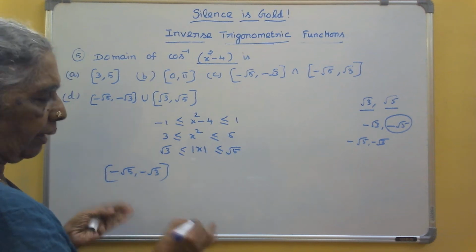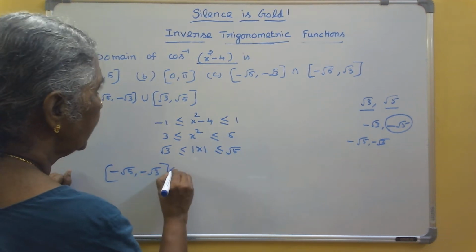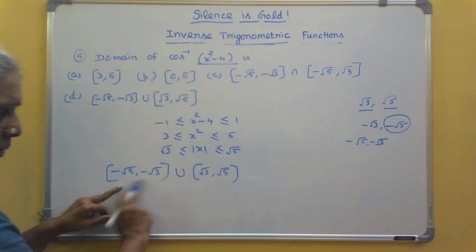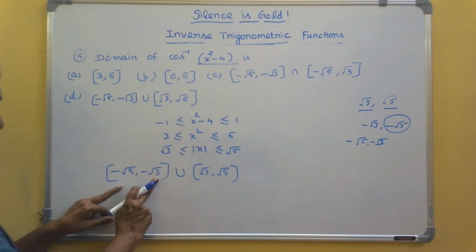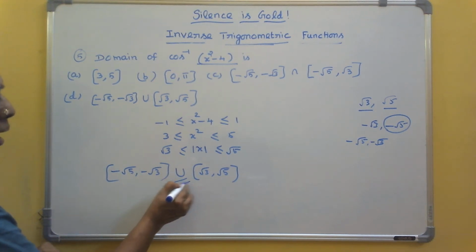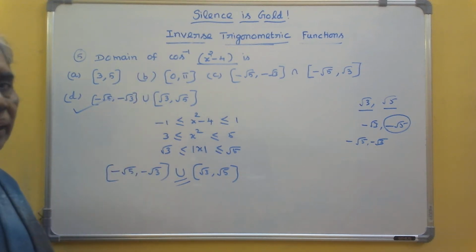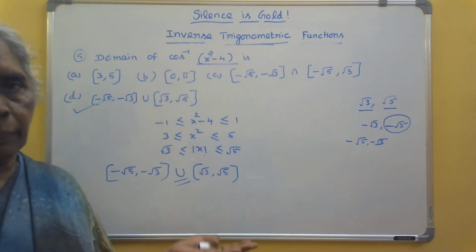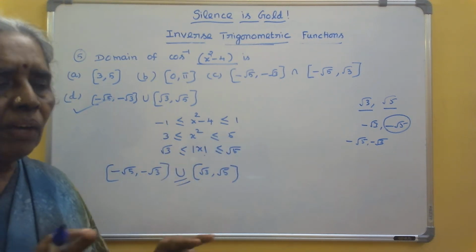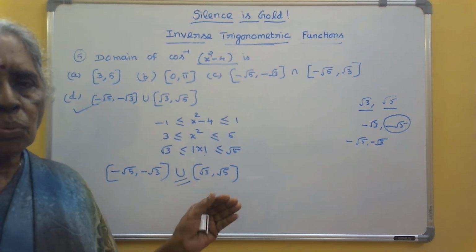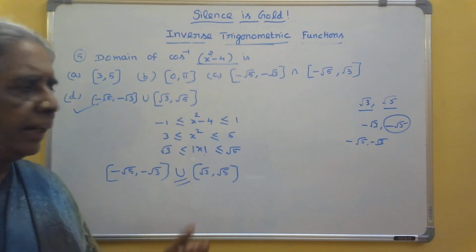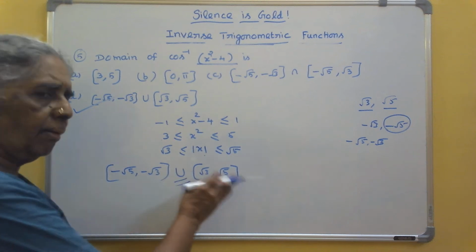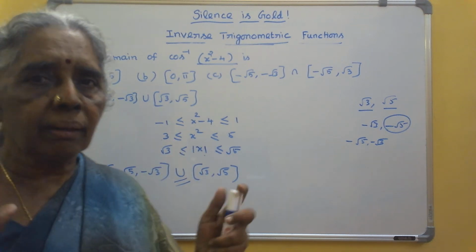Or, and or means union, I have told you. Union, it is root 3 comma root 5. See the proper order. Here this is the lesser one, this is the greater one. Here root 3 to root 5, you add with a union. That means option D is the correct answer. Here you can put mod, or you can put plus or minus root 3, plus or minus root 5, both are the same. Anyway, we have to consider both the negatives and both the positives, and then we should have a union, because x may lie on either side. So this sum you should be clear about, okay.